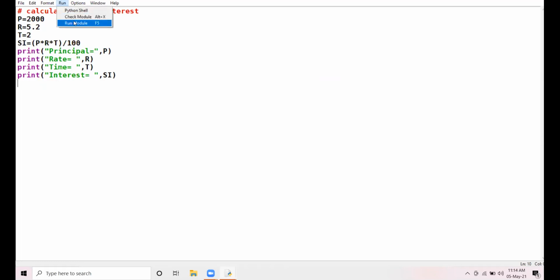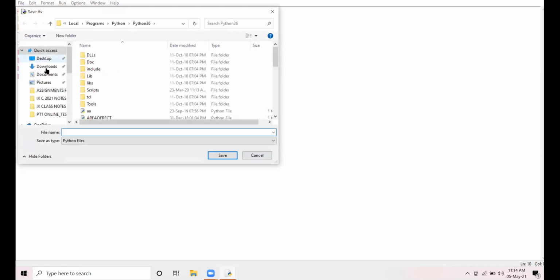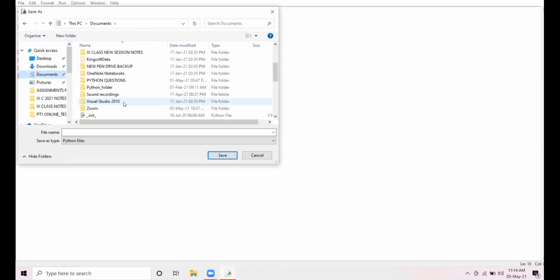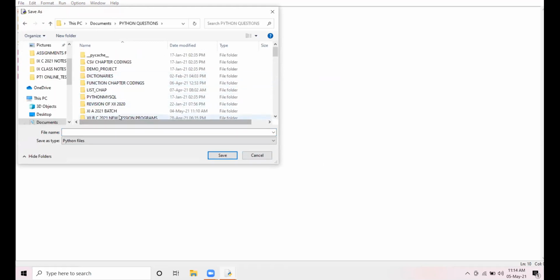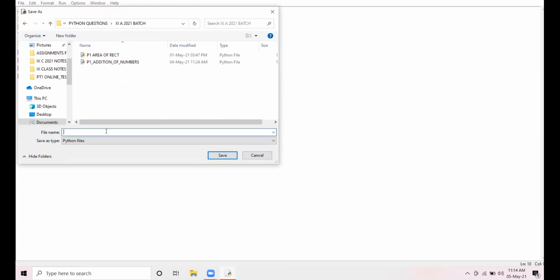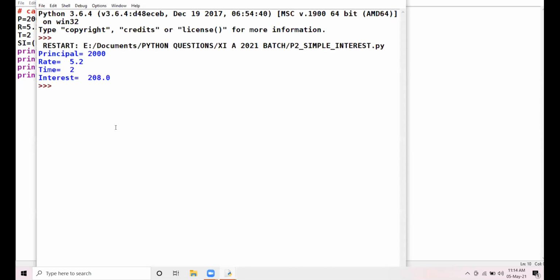I save this program. Then after that, I'll make a number of changes here. So I save this program in my folder, program 2, simple interest. See here. Am I clear to all of you?